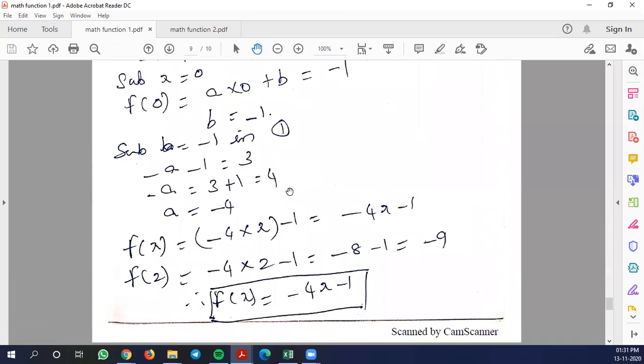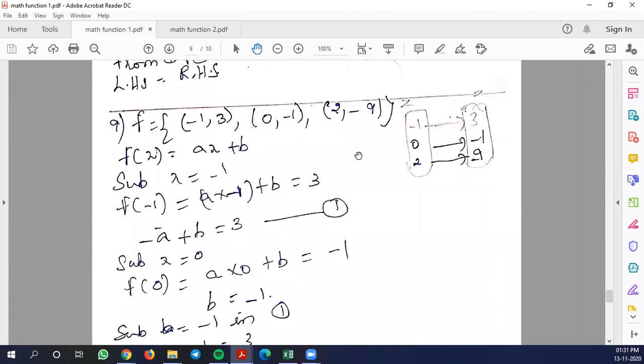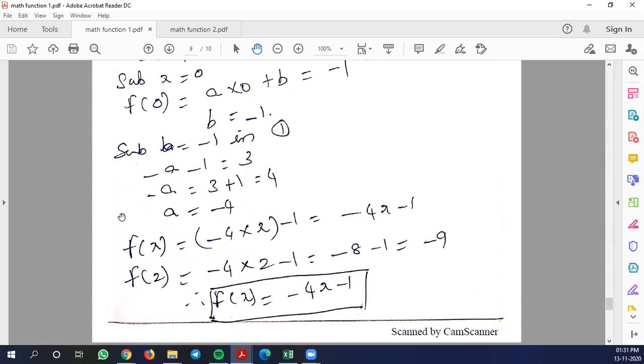Now, if it is a linear function, then one more point, we have to find out whether that point satisfies this equation. This one more point is 2 comma minus 9. So we have to substitute this one: minus 4 into x minus 1, that is minus 4 into 2. f of 2 equal to what? f of 2 equal to minus 4 into 2 minus 1, that is equal to minus 8 minus 1,